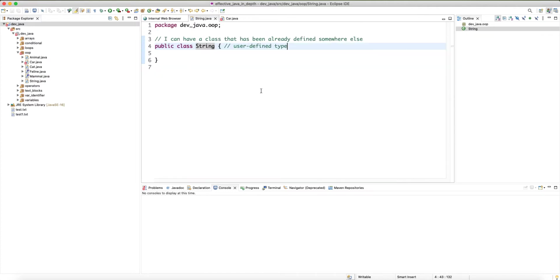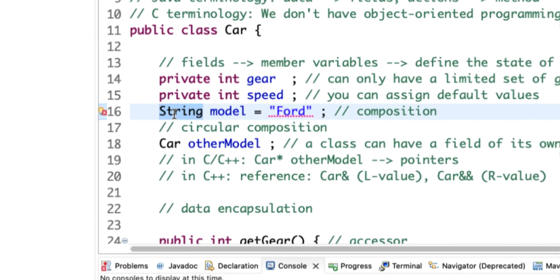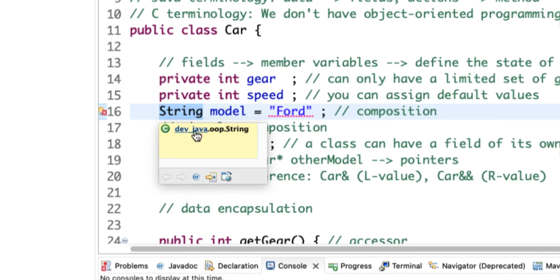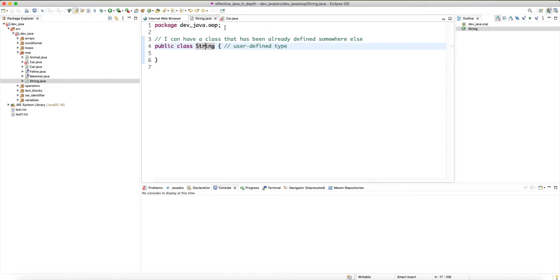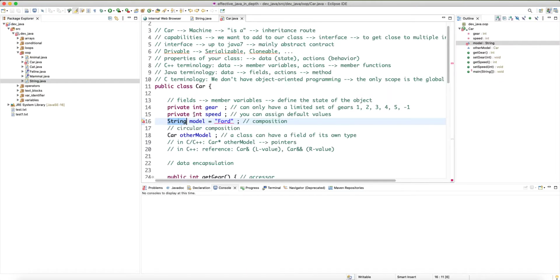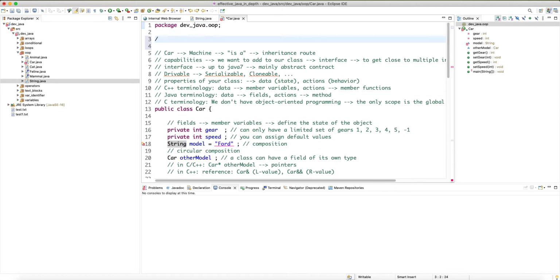Right? Alright, so when I use this class, then in this class car, the compiler assumes that this string comes from my package, the OOP folder and string. So it assumes that this variable has this type, but this is the type that I already defined, right? Then the question is, how do I tell the compiler, okay, no, this string is actually the one that comes from the JDK, right? And that goes into the concept of